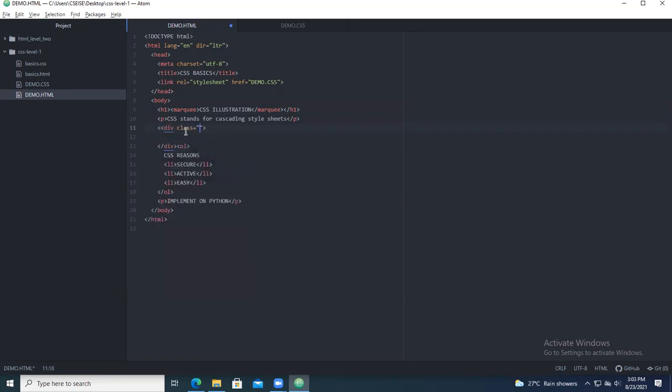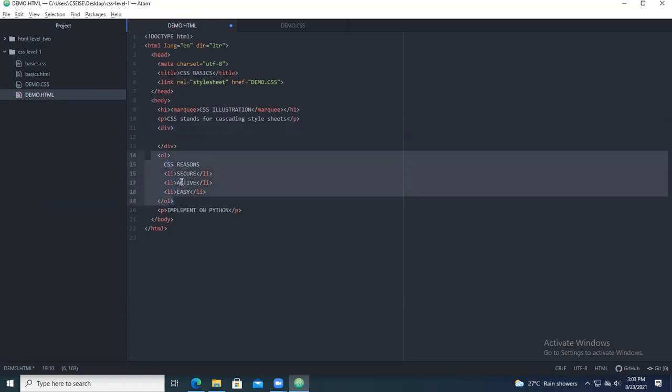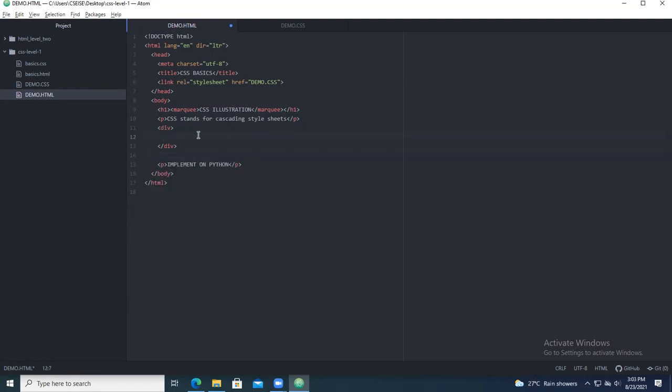Okay, so how do you give that div? Open this one, so give div. Okay, so div will show you the entire class contents. So remove all those particular class contents and place this OL part inside that particular div. So control, you cut that particular content and place it in div.